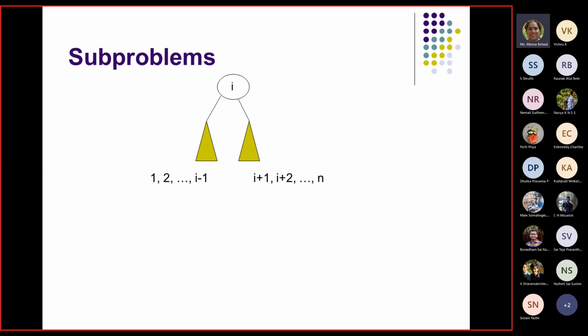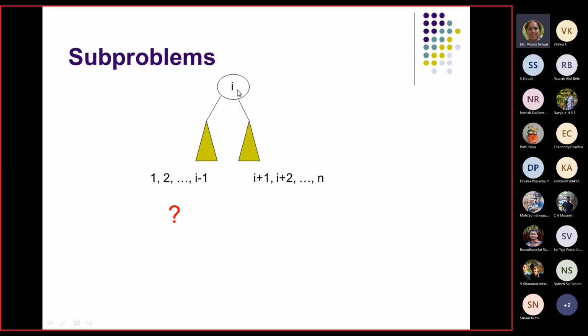So you know that whichever numbers are less than I, 1, 2, up to I minus 1, are going to come here on the left-hand side, and whichever numbers are more than I, I plus 1, I plus 2 till n, will go here. So if I am reducing the problem, I am making I as the root now, and if this problem was Ti, I will have a solution if I can find out how many trees there will be with the nodes 1 to I minus 1. I can represent this as Ti minus 1.